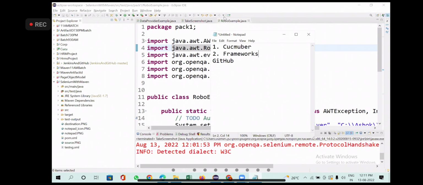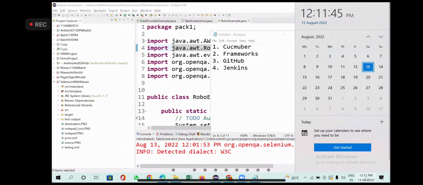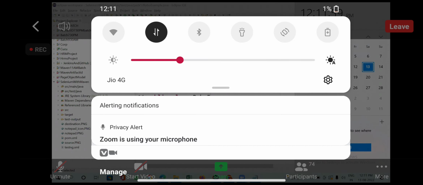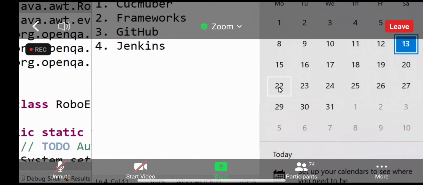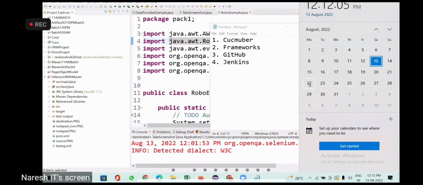So what all is pending? Cucumber, frameworks, GitHub. After GitHub, you have Jenkins. I think these are the 4 things that are pending. Probably I'm expecting we might be able to complete the course by next week, 20th, Friday or Saturday. In case we are not able to complete by 20th, we'll spend Monday also. There is no rush that we have to finish it on 20th. There is nothing like I have another batch immediately on Monday. I always keep it so that this batch goes smoothly and then we'll go for the next one. So mostly by 20th, we should